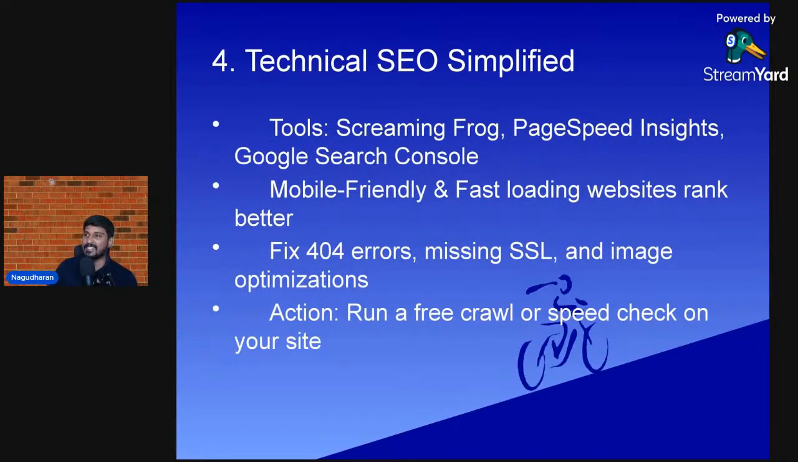So the second thing is technical SEO. Technical SEO is very simple. You just ensure your website is mobile friendly, loads very fast, and has no 404 errors, missing SSL, or image optimization problems, those things. To audit your website for improving your technical SEO, you can use the Screaming Frog website. Okay, I'm not going to demonstrate that. You can use Screaming Frog and find out all the errors, in terms of 404 errors